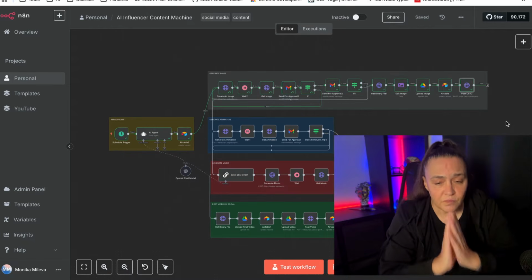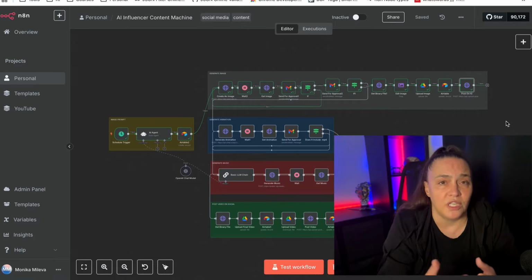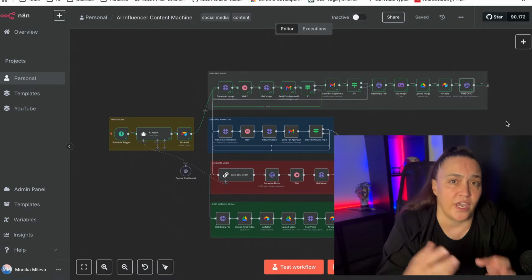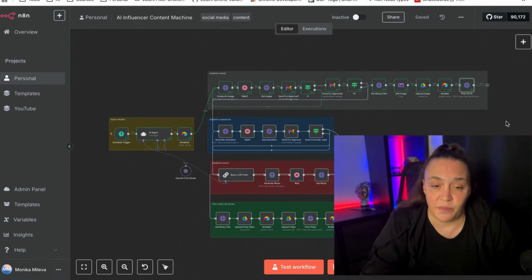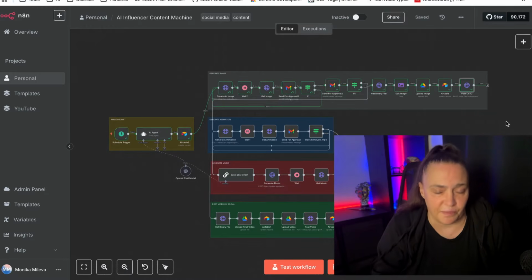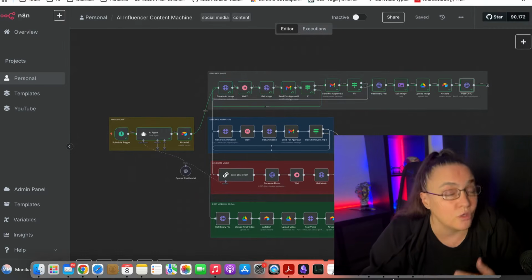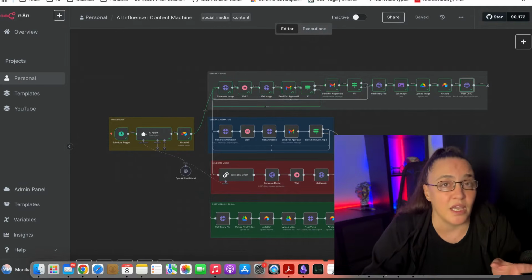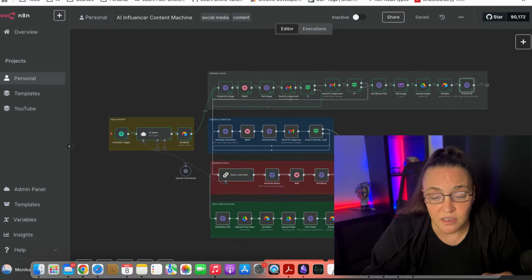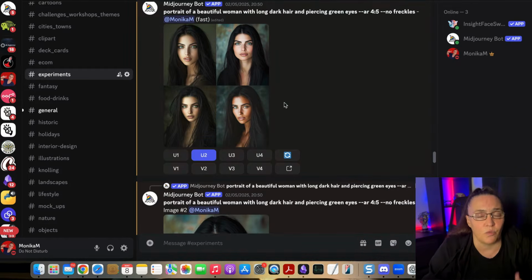And before we actually dive into it, the first thing you need to do is create and train your AI influencer, because this workflow does not do that. So you have to do this separately. And what I personally did, I used Midjourney. You can use anything else. Some of my community members use Krea for that, but I used Midjourney